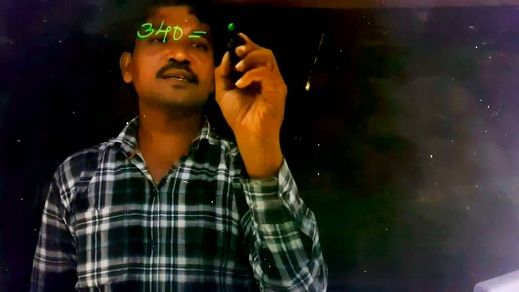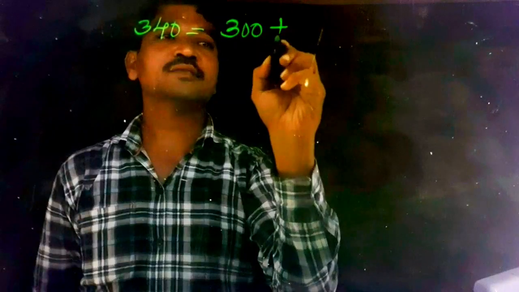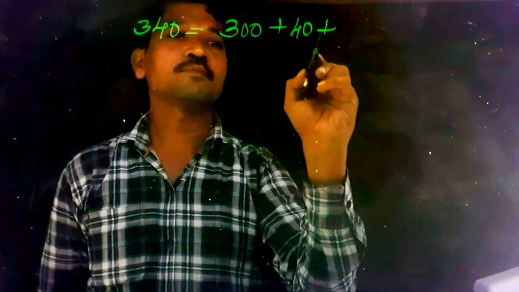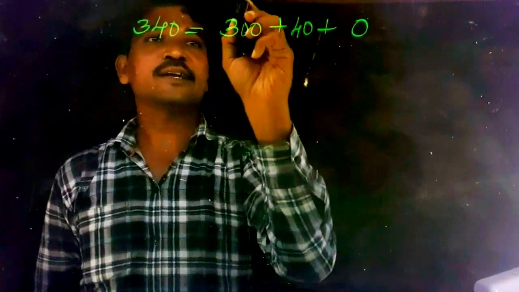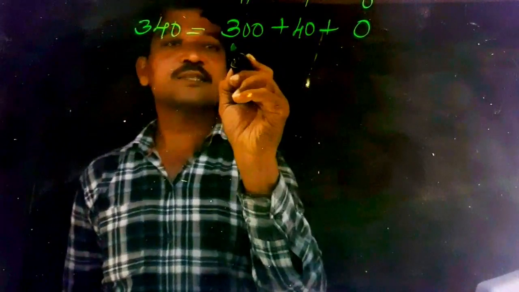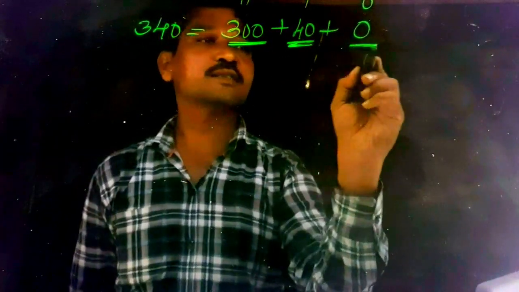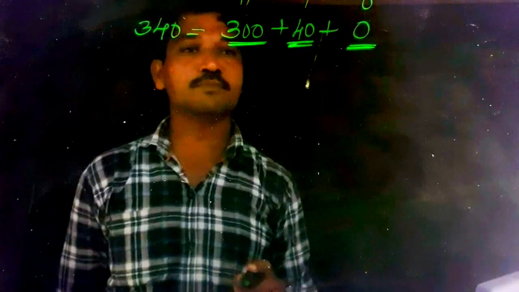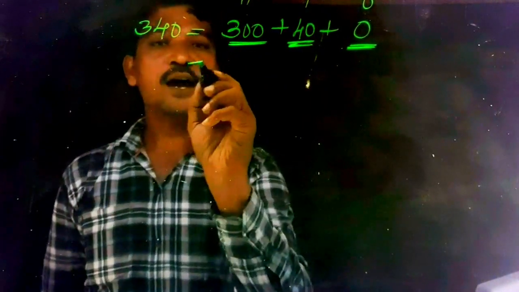See how a number can be written. I will take one 3-digit number, that is 340. We have taken 340. Okay, so just expand this one. How do we write it in expanded form? It will be written in expanded form as 300 plus 40 plus 0. This is the 100s place, this is the 10s place, and this is the 1st place number.